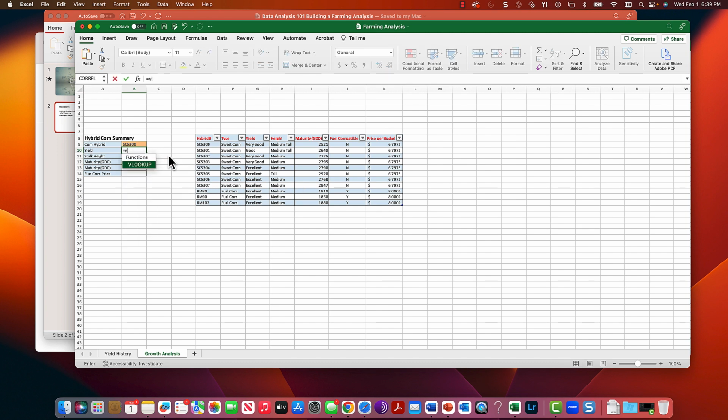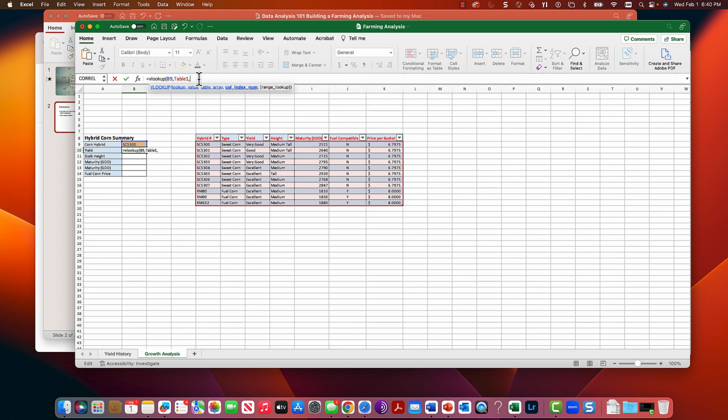Go equal VLOOKUP, open parenthesis, the one above, which is the corn hybrid one, on row 9, comma, what is my range? See, look, you see the lookup value, table array. So here's my table. Don't take the header in the table, just take the table. So you do the whole table, and it's Table1 in this case, but you could also type in E9 through K19, right? But Table1 will be sufficient. Then comma,